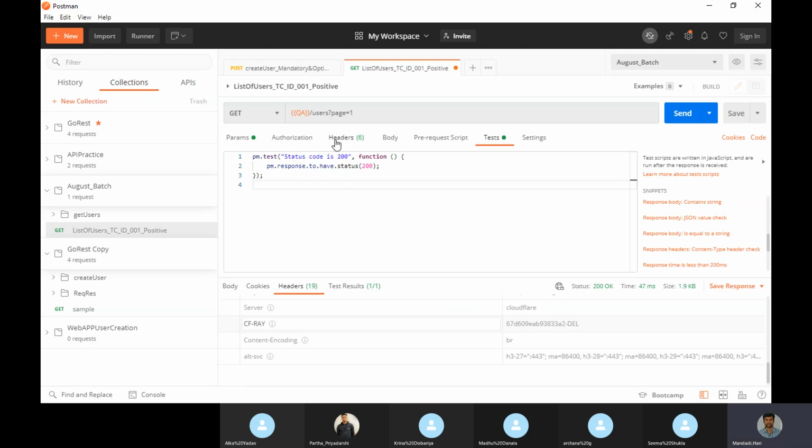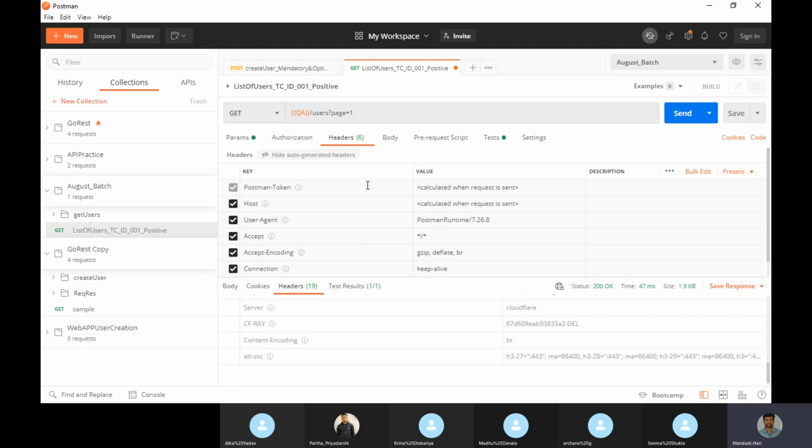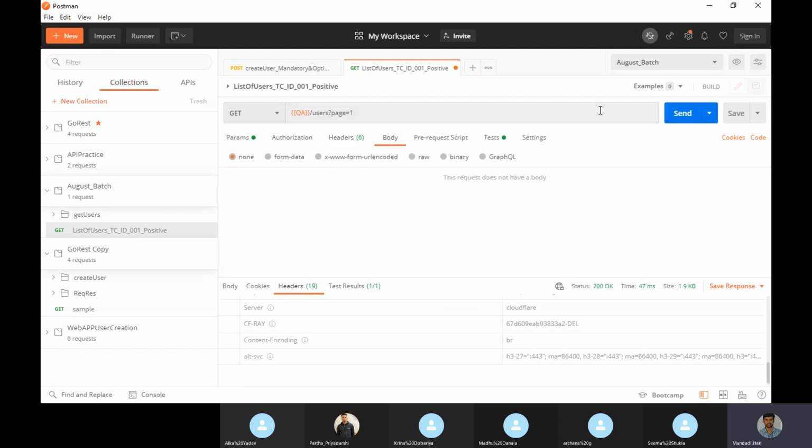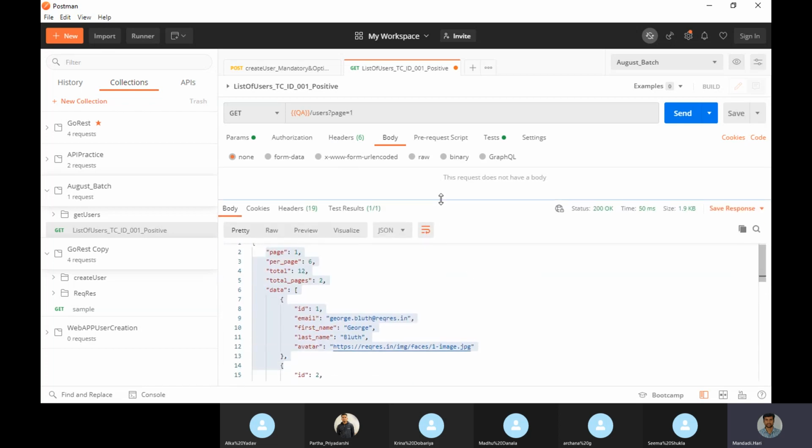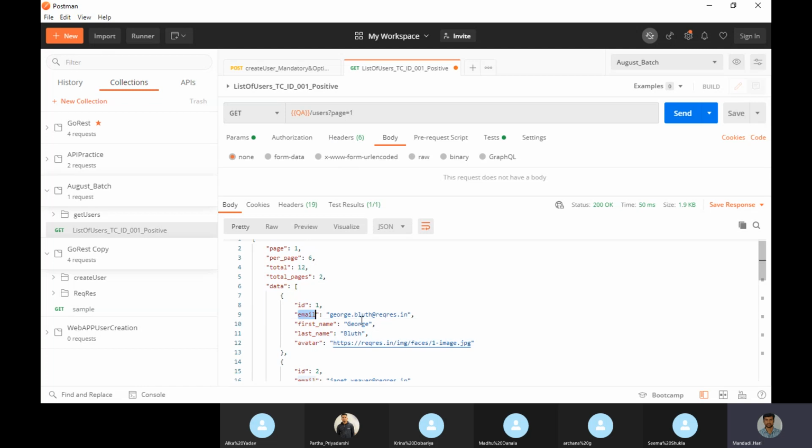One more thing we can do is capture the response body. Whatever is coming, I can capture some value, suppose an email ID, and use it in the next request, because that is dependent on the previous request.